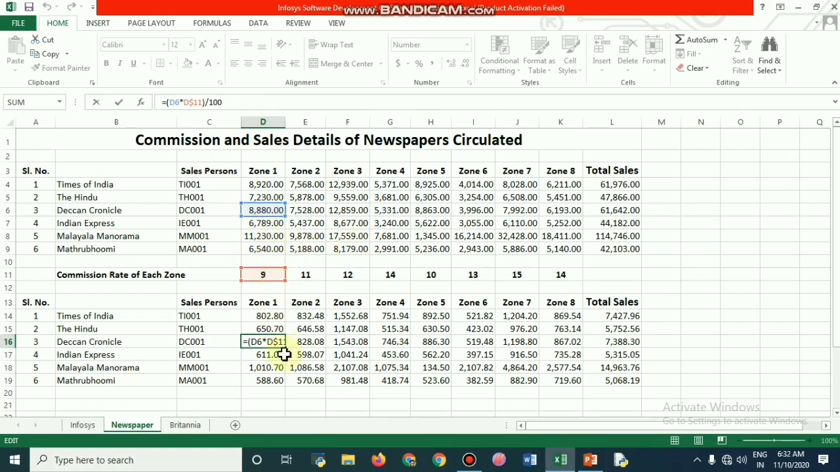Deccan Chronicle, there it needs a 9% commission, 8,880. So what changes must happen over here? Look here, Times of India. What is the commission to be made? Likewise, okay,